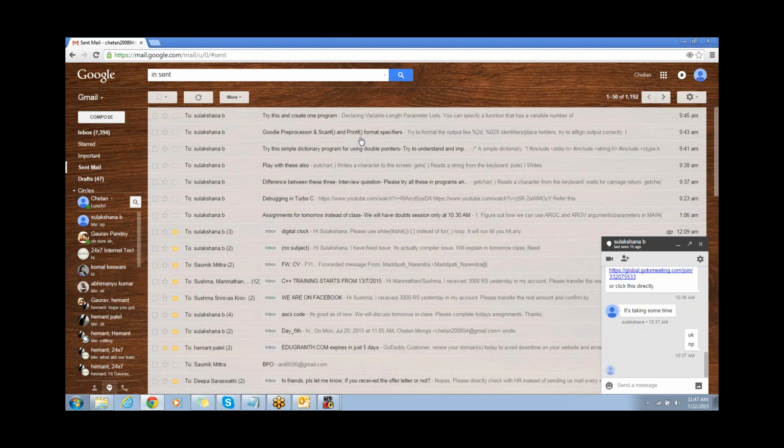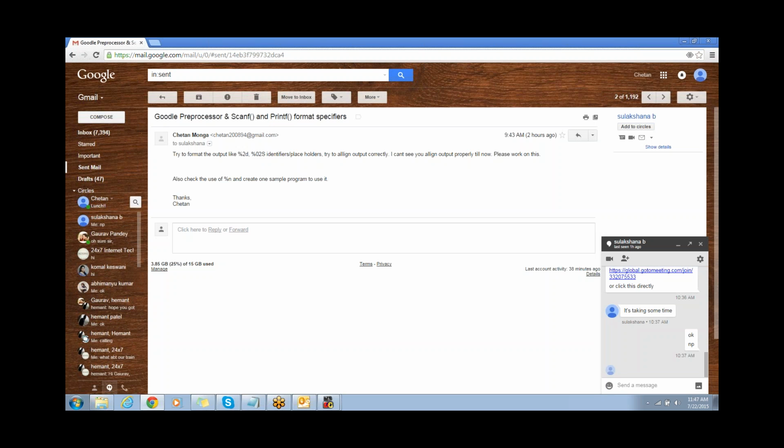You need to make the adjustment on your own, depending on how exactly you want the values in the output. For scanf also you will have percentage D, percentage F, percentage LF. There are many for all the basic types. Also check percentage N and create one sample program to use it. When you use percentage N in a printf statement, it will take the number of